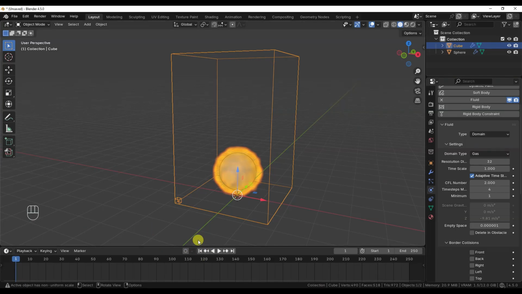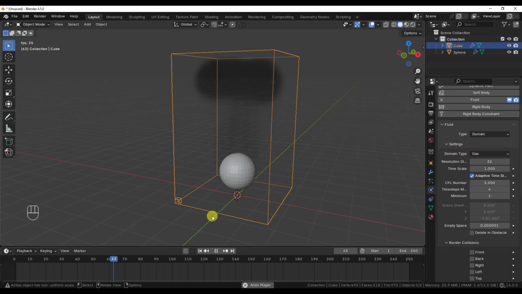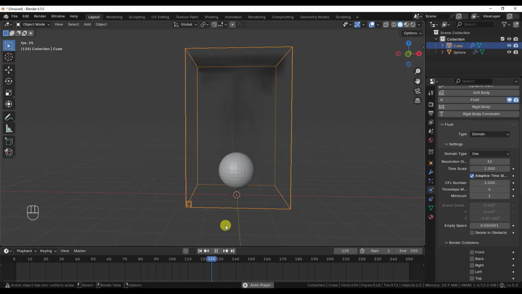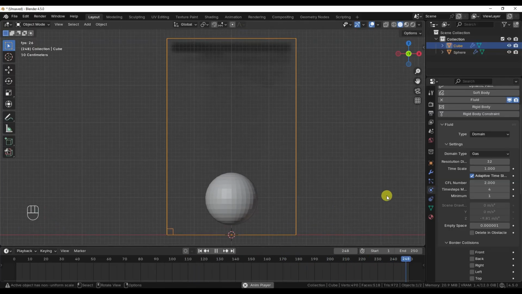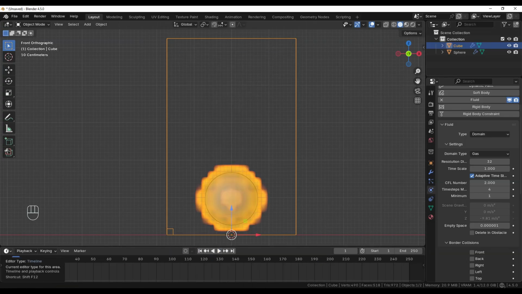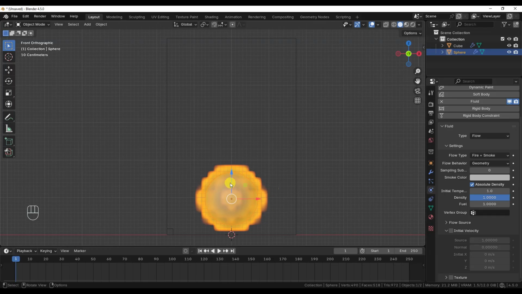With the first frame of the animation set as the current frame in the timeline, click play to start the simulation. Something definitely happens, but as a first fire and smoke simulation, it seems rather disappointing, since the fire only appears in the first few frames and then only the smoke remains. The reason for this behavior lies in one of the emitter object settings, so let's select it.